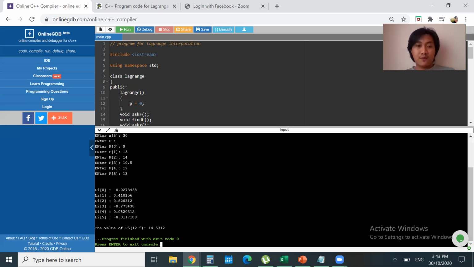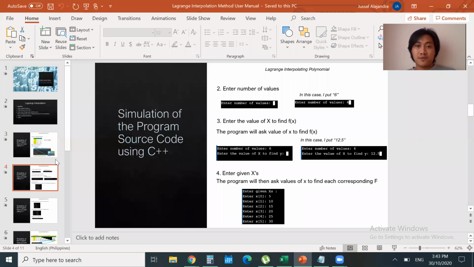And the resulting value is 14.5312. So that is the fifth order interpolation at x equals 12.5. That is the value, 14.5312.